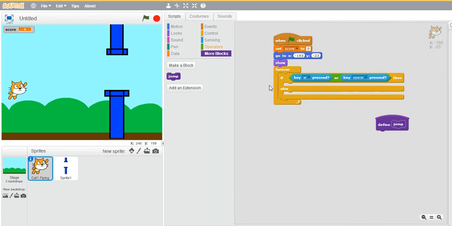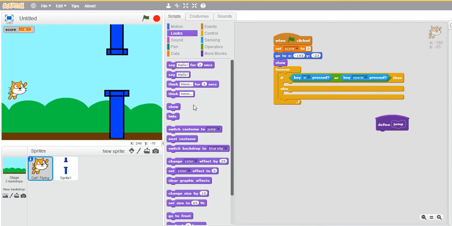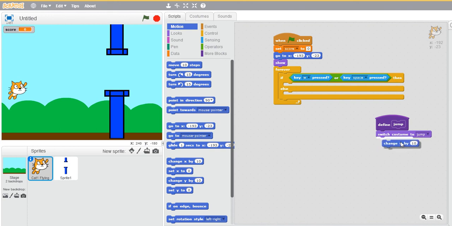So now let's go to the code. When jump is pressed, we should move to the jump costume. So the first step is switch costume to jump. Now what do we mean by jump? Jump means a change in the y-axis, it should move vertically. Vertical distance is y distance, so we need to change y. Only changing y will not help, because we need a jumping switch. So let's show you what happens if we place y. Let's make it 4 at a time.